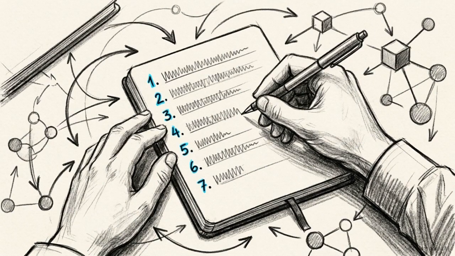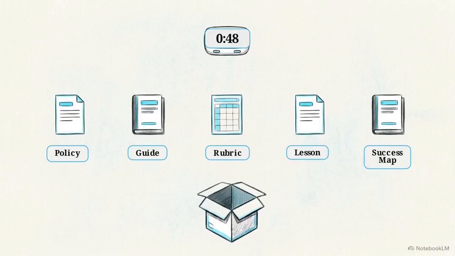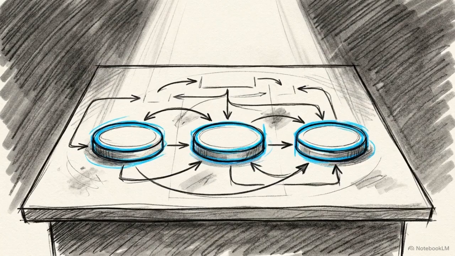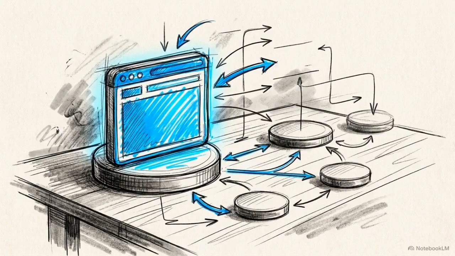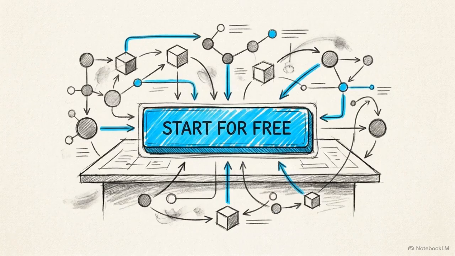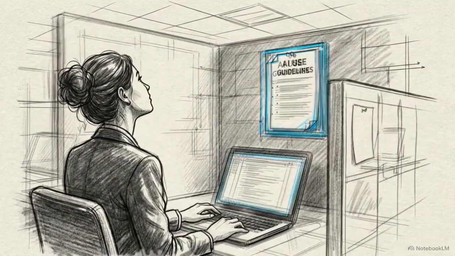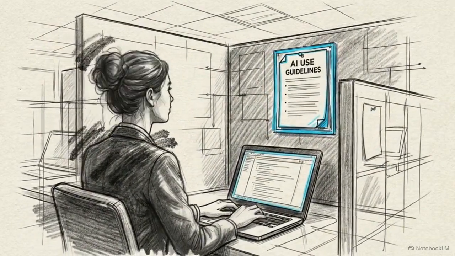There is a methodical way to move past this. You can generate a complete, pedagogically grounded AI readiness package tailored to your specific environment in under 2 minutes. You only need a few things to start: an internet browser, a clear understanding of your team, and zero budget. The initial tools are free to use. By establishing these structural guardrails now, you move from reacting to the technology to directing how it is integrated into